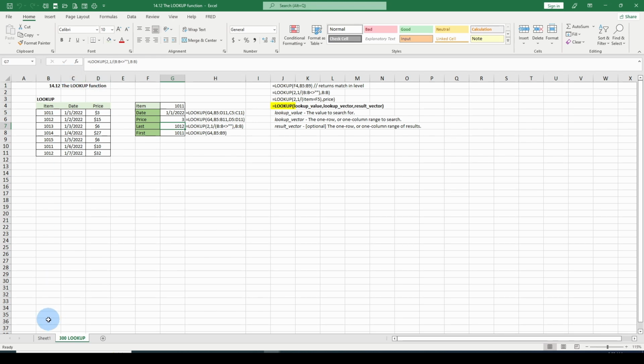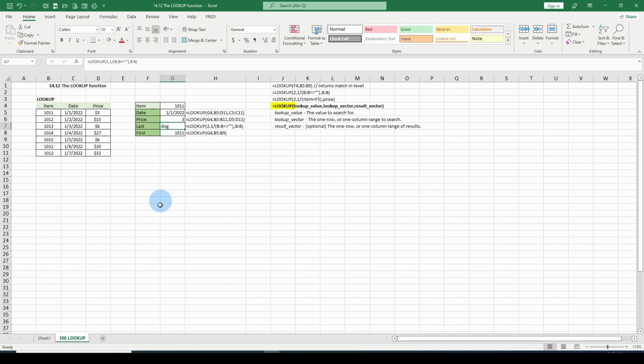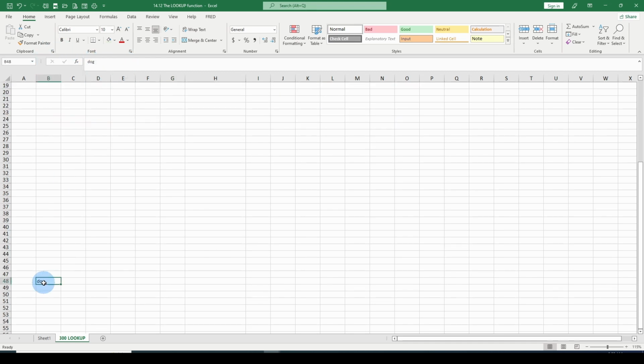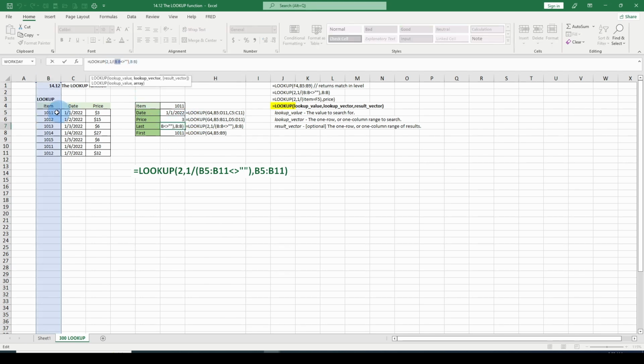In other words, if I had a word down below what's viewable, and I just put in dog, look what happens. The last lookup is going to look for dog, and you're going, what? That's why I don't like using this BB, because it's going to look at the entire column. So let's get rid of that. We're going to change this. We're going to go BB to the exact range, and then we're going to go